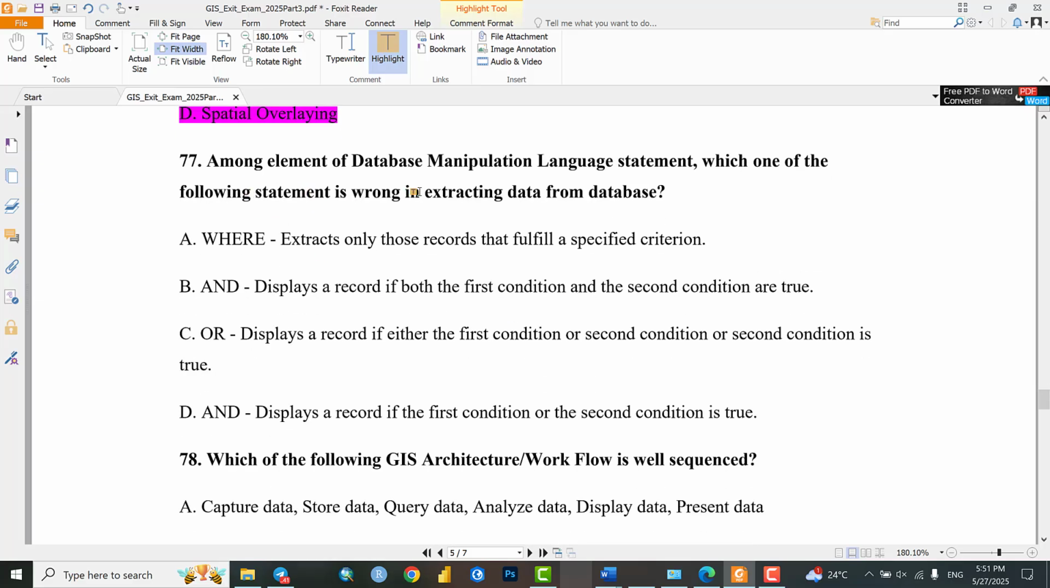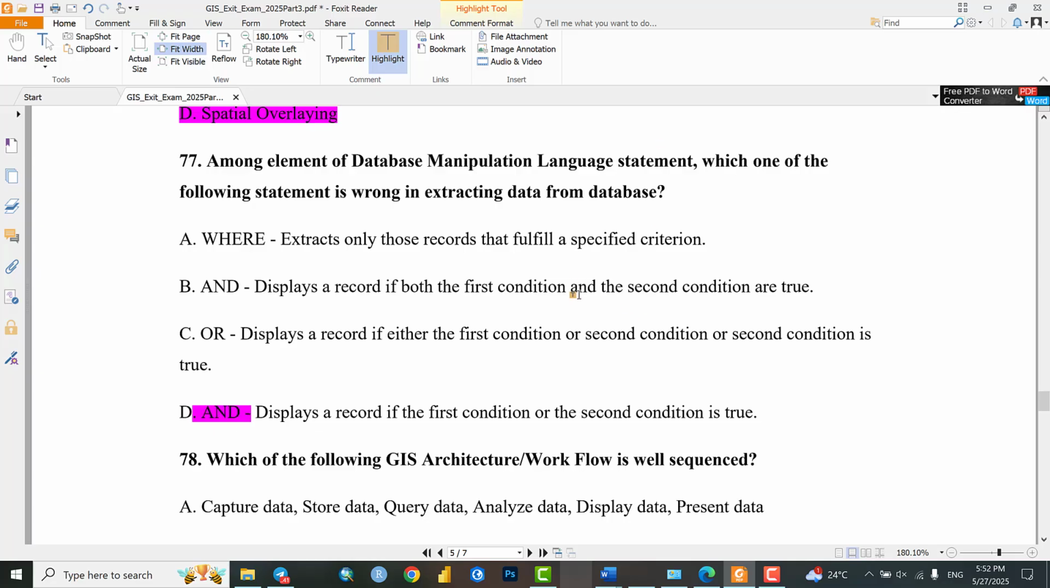77. Among the elements of database manipulation language statements, which one of the following statements is wrong in extracting data from a database? Where extracts only those records that fulfill the specification. And displays records where both the first condition and the second condition are true. Or displays records where either the first condition or the second condition is true. And displays records where the first condition or the second condition is true. So this is